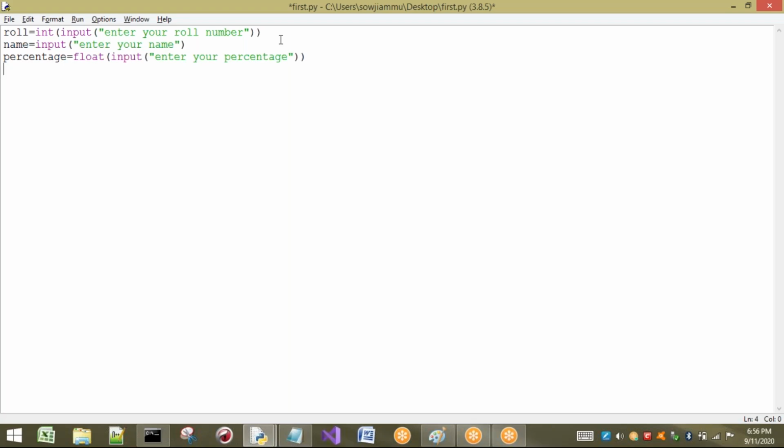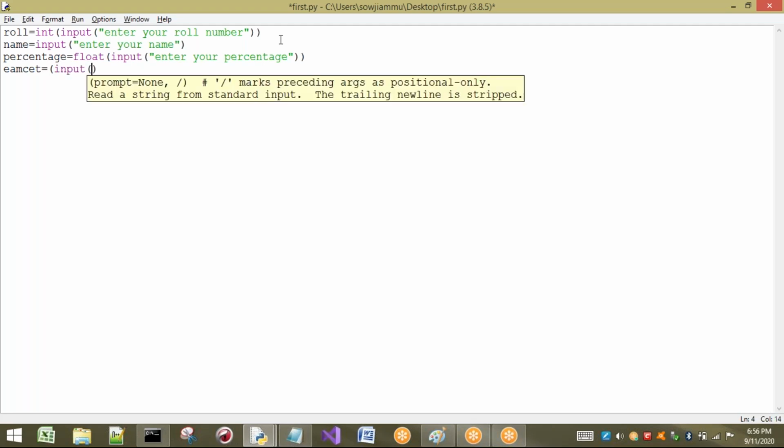Next, three values I have taken. One more thing I want to take. Let us consider, for an example, whether he has cleared the gate exam or not, or MSET. Okay, MSET I'm going to take, whether he has cleared MSET or not. What does he have to tell? Either yes or no. Here I'm going to place true or false.